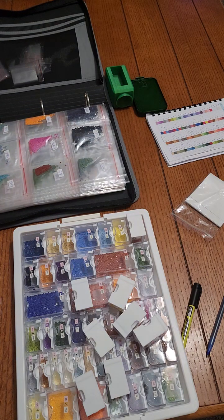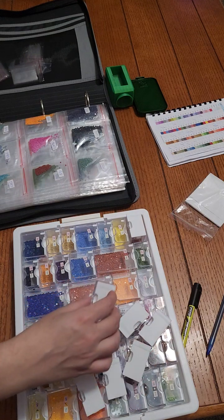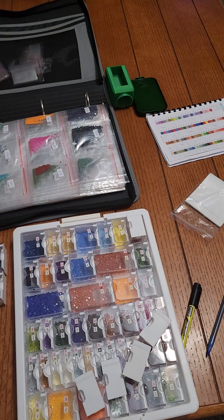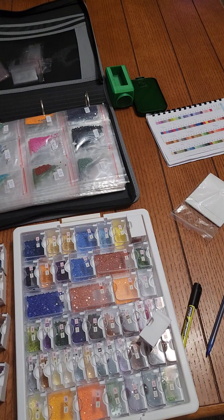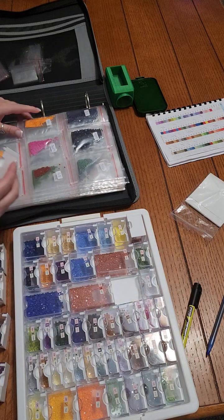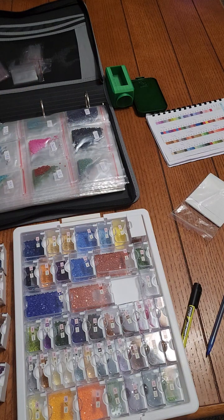Because my goal is to try not to make multiple bags unless I have to. If it's close enough to match, then it's going to go in the same containers that I already have. So it would probably help if I was in numerical order at this point, but it's been a bit since I've organized it, so we're just going to go for it. I know I have 741 right here. And it's really nice to have these little card things. And those are a pretty close match. So I'm going to go ahead and dump,